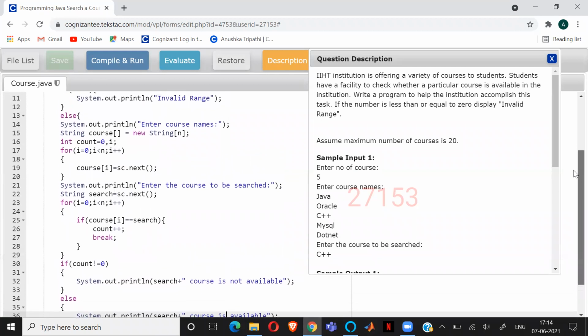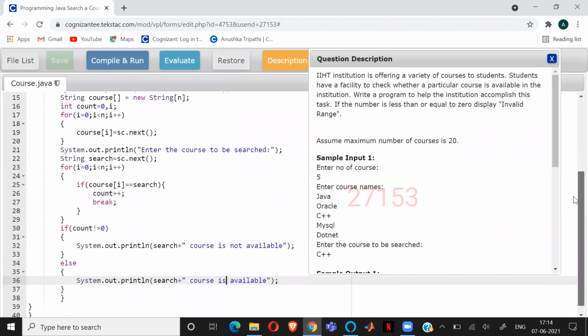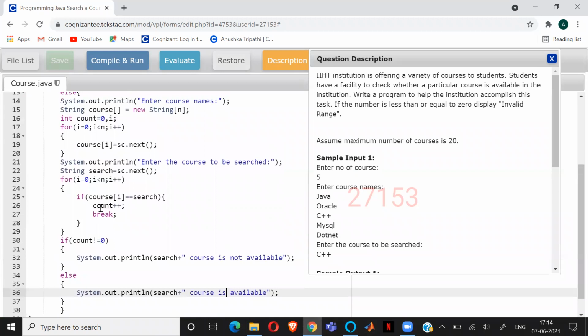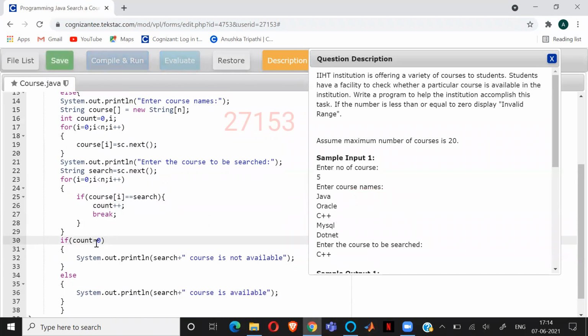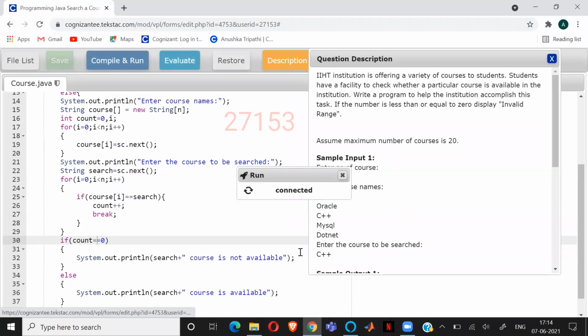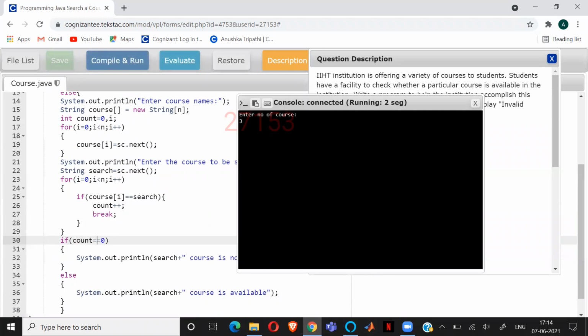You do one thing. You just reverse this. Make the count equal to zero. Here, count not here, down. If count is not equal to zero, this equal to zero. Yeah, I did that also. The compiler is very weird actually. Okay, 1 minute.